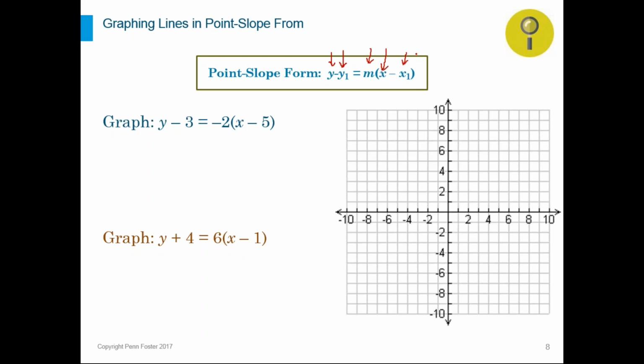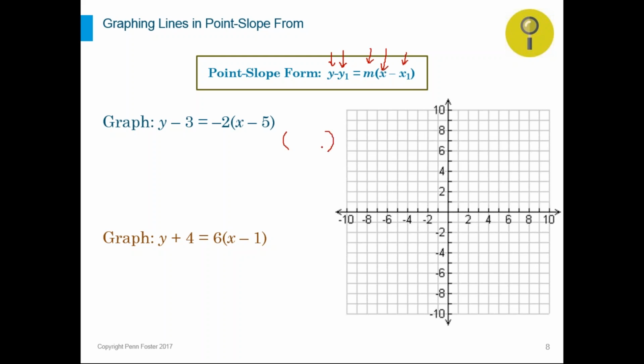If we have a known point that the line goes through, and we know the slope of the line, we can easily set up the equation and write it down in the point slope form. Now, how would we graph? If we look at the point slope form of a line, how would we use this form to graph the line? If I compare this equation to the standard template of the point slope form, I realize that I am given a point where the line is